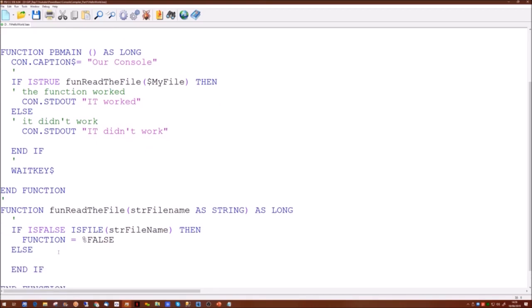So we're testing here using an inbuilt function in PowerBasic called isFile, which basically returns a true or false on whether the file physically exists in its location. Now we haven't actually told it the location yet, we've only given it the file name, but we'll come to that in a moment. So if it doesn't find a file, it will return false. If it does find a file, it's going to return true.